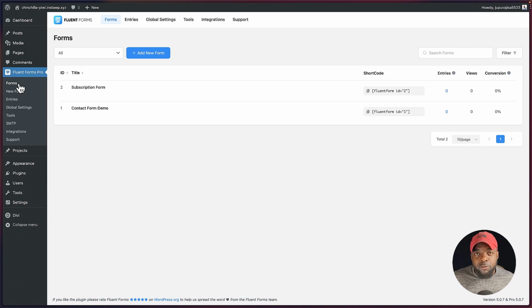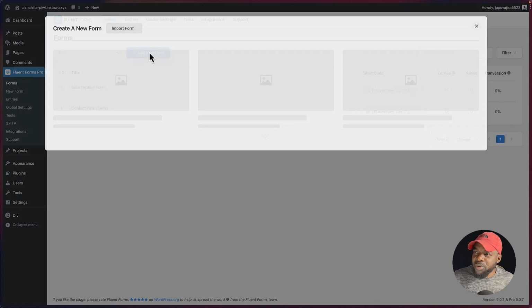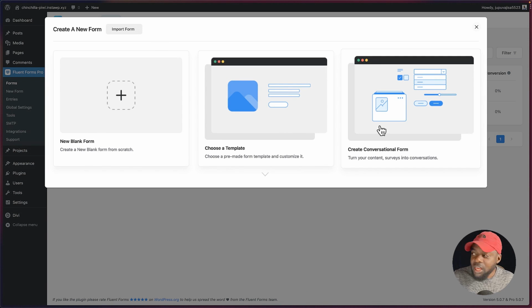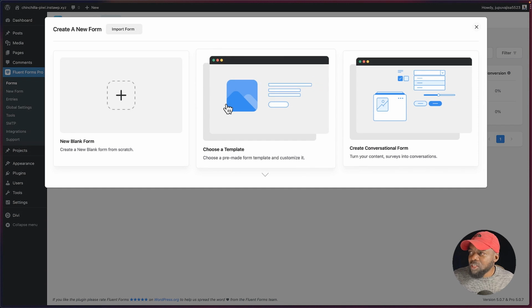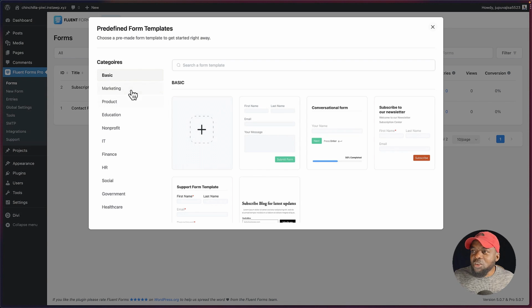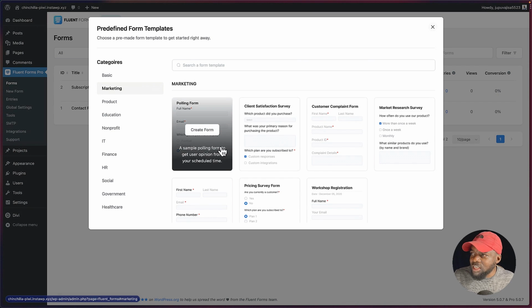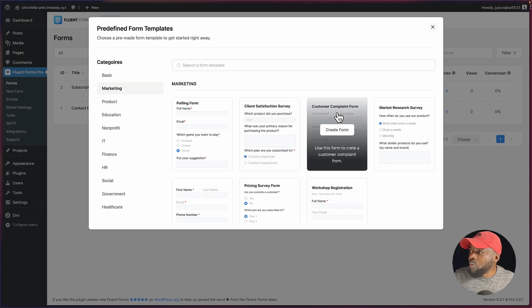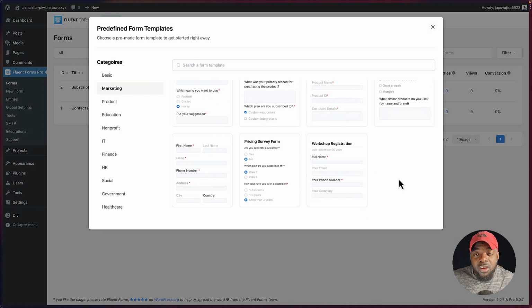Now, the one thing I like about Fluent Forms is they have some pre-made forms. Now, if I click here, you notice that we have some templates, and we also have conversational forms. Now we are going to take a look at this in a moment, but let's take a look at the templates. So if I click here on template, notice that we have a ton of these. So if you want to do something to do with marketing, you can just click here on marketing and look at that. We have a polling form, we have a client satisfaction survey, we have a customer complaint form, and so on. So we have a very, very good starting point,